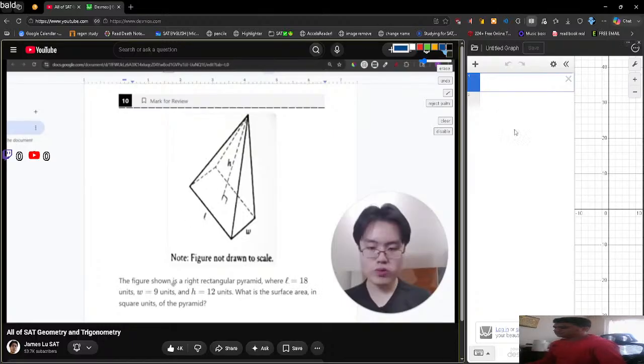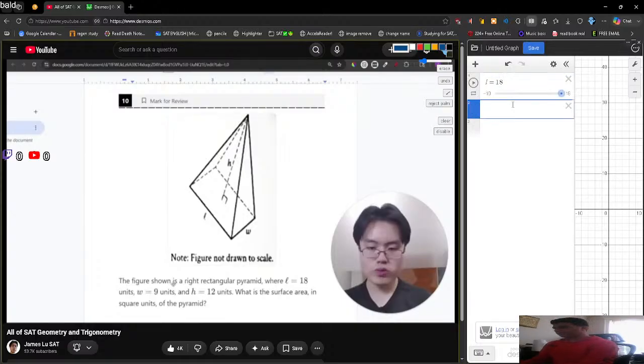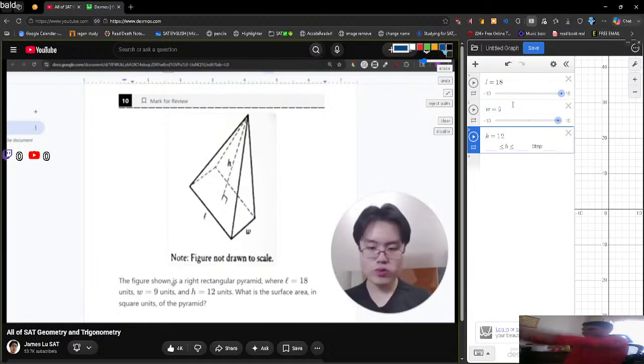L is 18. Okay, so L equals 18. W is 9 and H is 12. Okay. What is the surface area in square units of the pyramid? Surface area means all the outside part. So all the outside part of a square or triangle. So like length times width, which is 162. So 162 plus